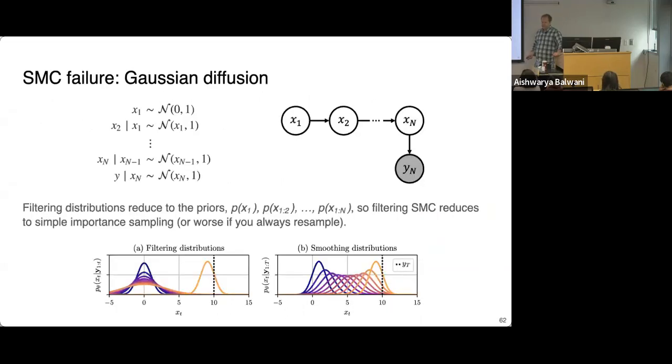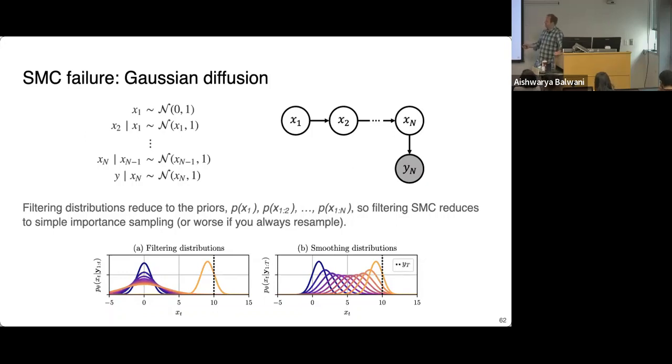To see a particular case where that failure arises, imagine a very simple model, a chain graph, where you've got latent states following a linear Gaussian system over time, and then you only get an observation at the very end. So in typical sequential Monte Carlo, the way that I described it so far, what you're weighting those particles by is what's called the filtering distribution.